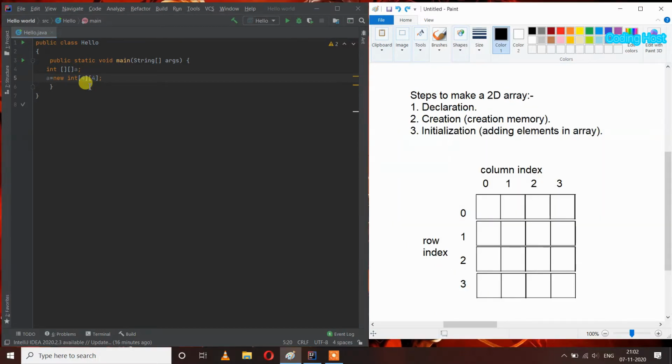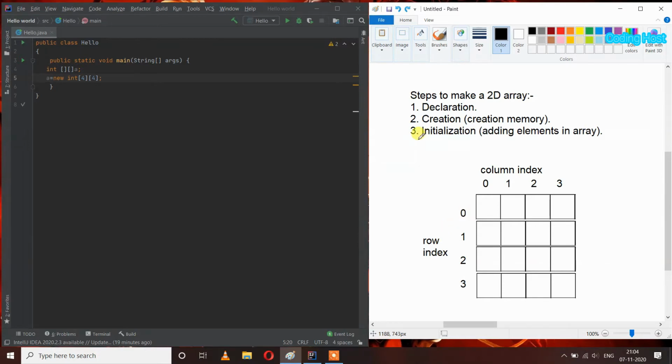So it means that we have declared a 2D array in which rows are 4 and columns are also 4, like this. So 4 columns here and 4 rows here, and the index of columns starts from 0, and the same for the row index, it also starts from 0.